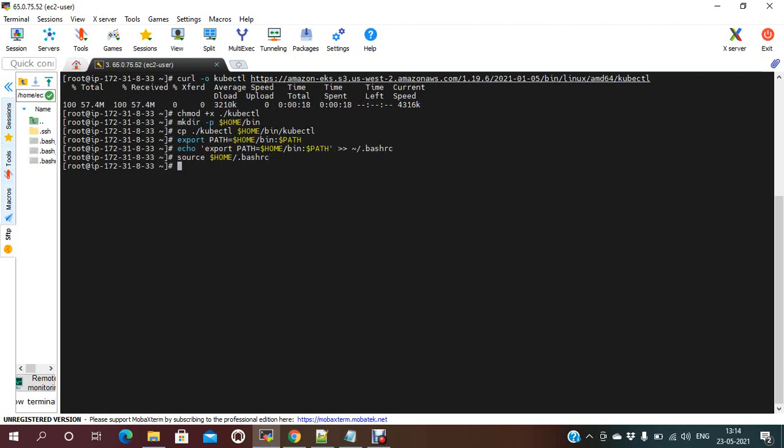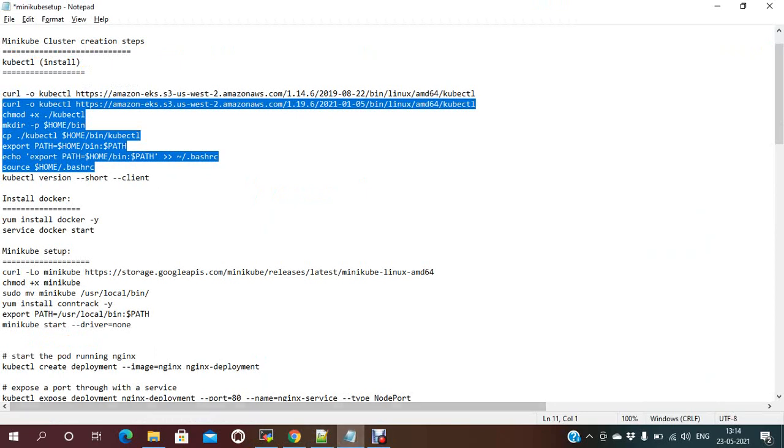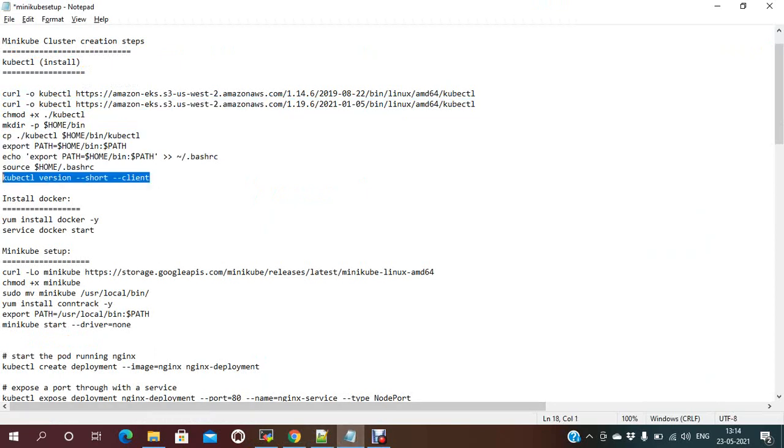I'm setting the path, I'm exporting the bin path, and exporting to bashrc, and restarted that one. And if you check kubectl version now, you will be able to get that one.